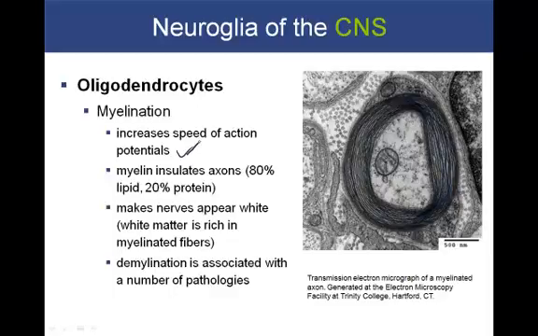We'll talk in the next objective about why this is important. For now, just memorize that the myelination due to the oligodendrocytes in the central nervous system increases the speed of the nerve impulse or action potential. That myelination is largely lipid. About 80% of myelin is composed of lipids, and this gives a white glossy appearance under dissection.